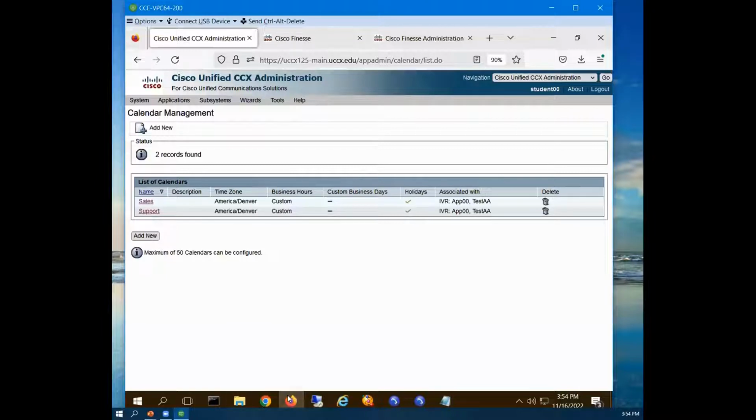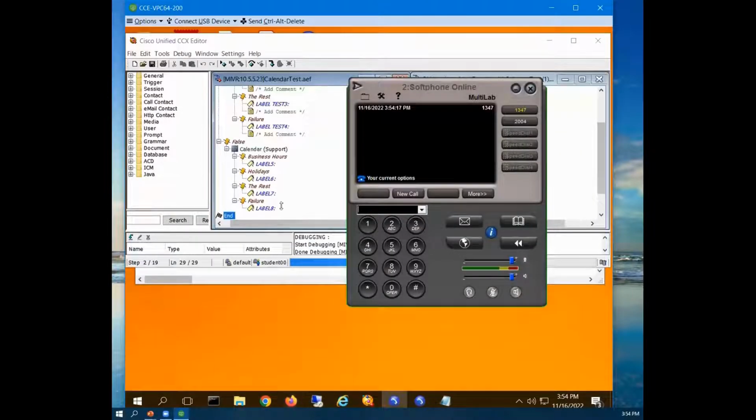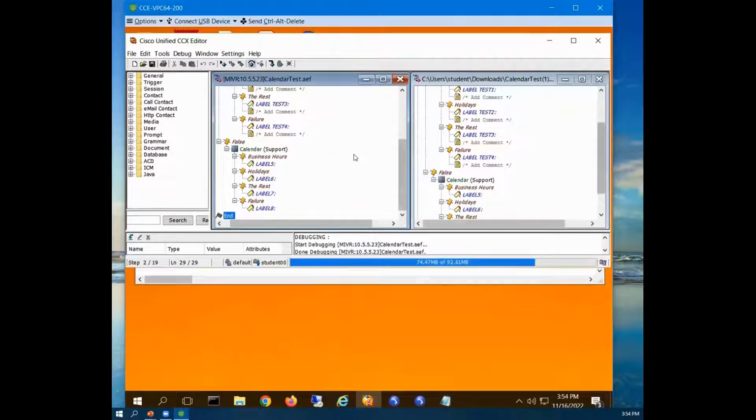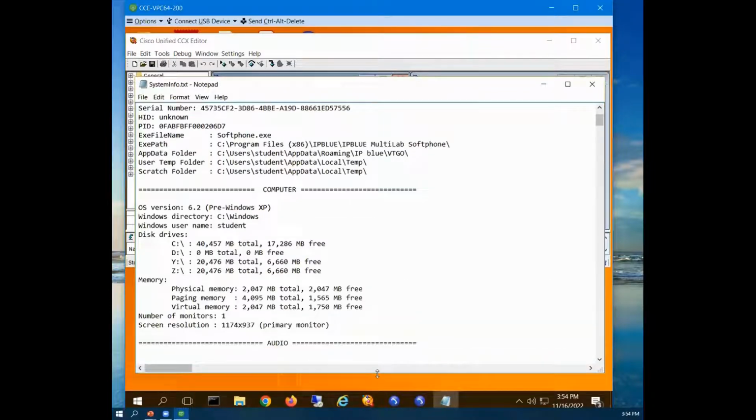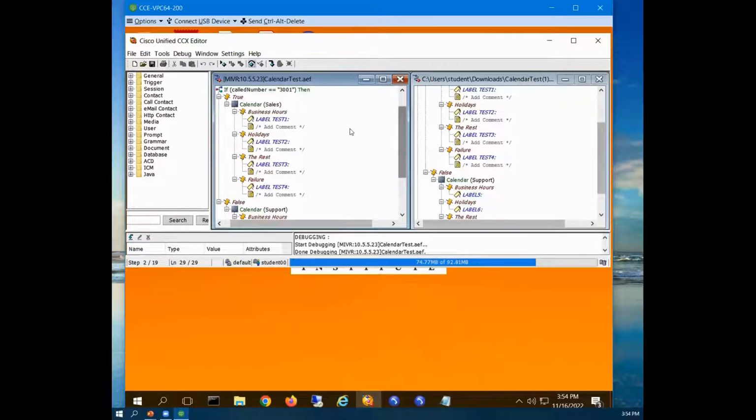Create that. We then need to create in our script an opportunity to access or exercise that calendar logic in our production scripts. Now, while I've just added it as an exclusive access here,